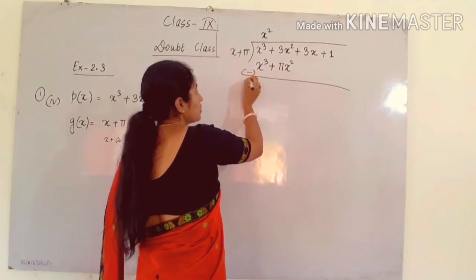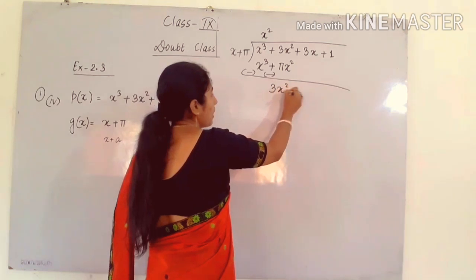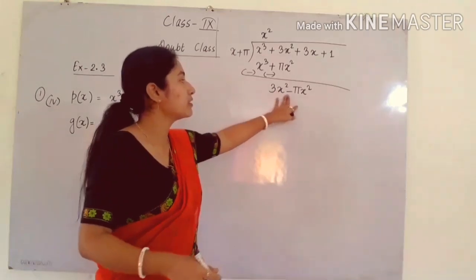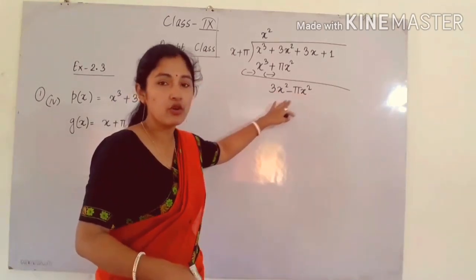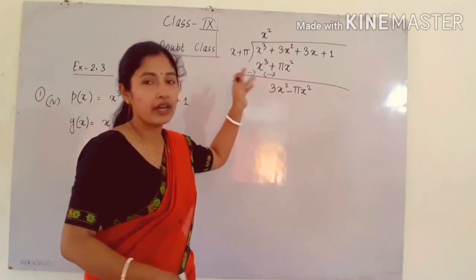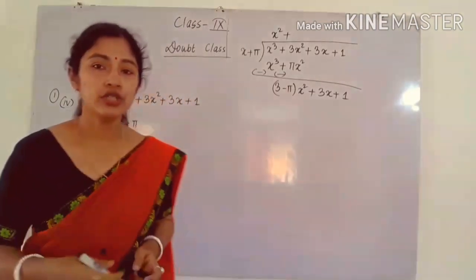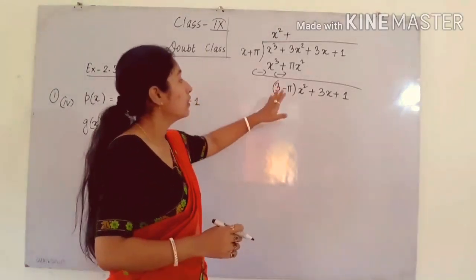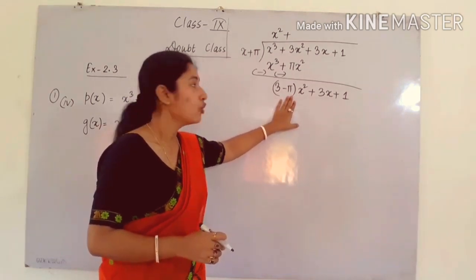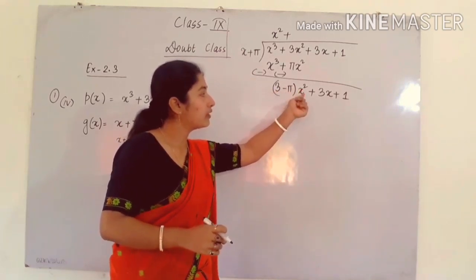Okay, so like that you have to do subtraction. So minus, it will become 0. Next subtraction, it will become 3x square minus pi x square. See here, we can write this term as (3 minus pi) whole bracket x square, because x square is common. That's why I have to write like this: (3 minus pi) whole bracket, outside the bracket I have to write x square. So next I have to check what term is in the dividend now. This is our new dividend now. So the new first term is (3 minus pi) into x square.